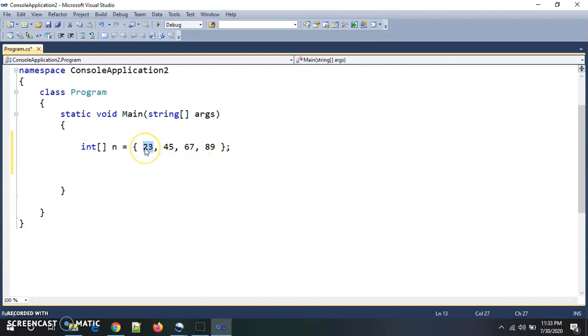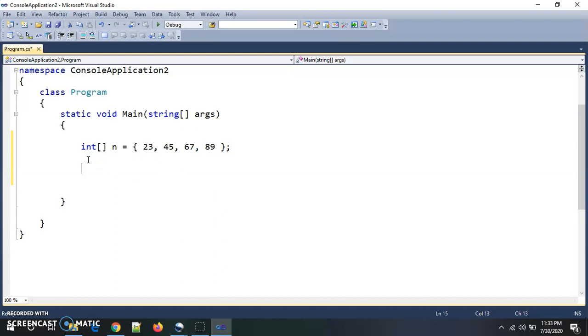So if the length of the array is 4, then the last index is 3. If the length of the array is 10, then the last index is 9. That means length minus 1 is the last index of our array, because the index starts from 0, so our last value is stored at the length minus 1 index position.